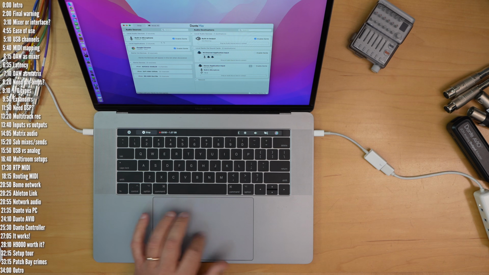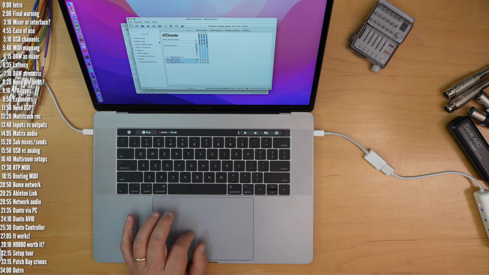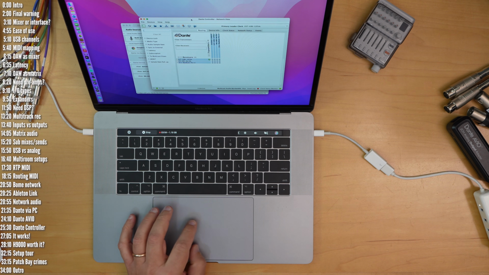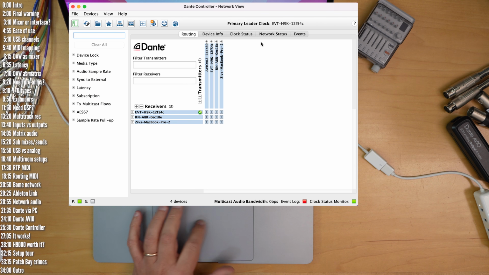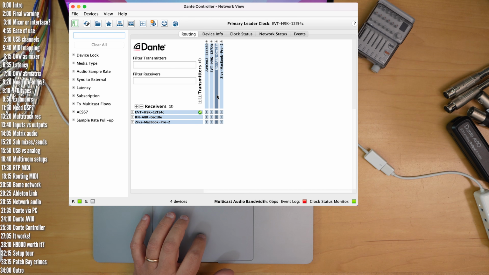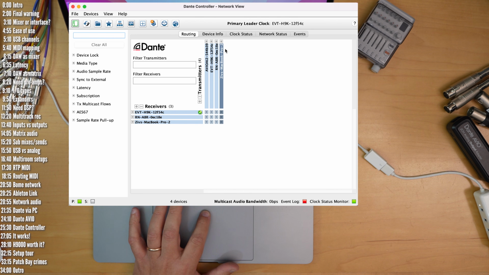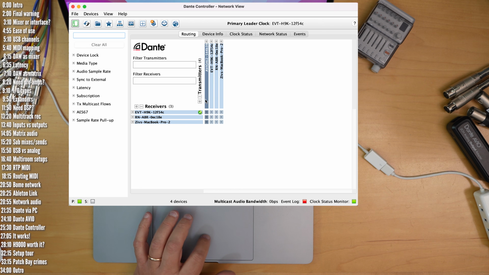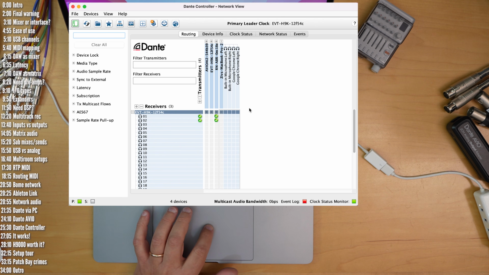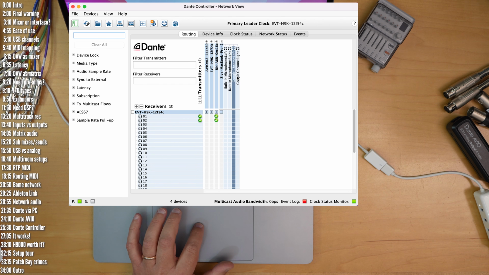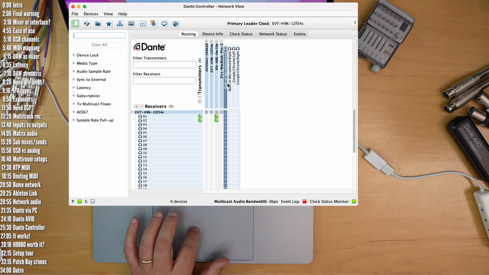Now there's a separate app called Dante Controller that lets you see what's going on in your network. So for example, here on top are my sources. This is the H9000. This is the A8R in the basement. We'll talk about this guy in a bit. And then this is my Mac. And you can expand any of these. And you can see I've got Chrome available as an app here as a source